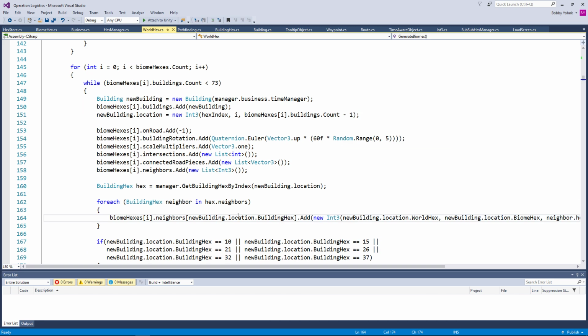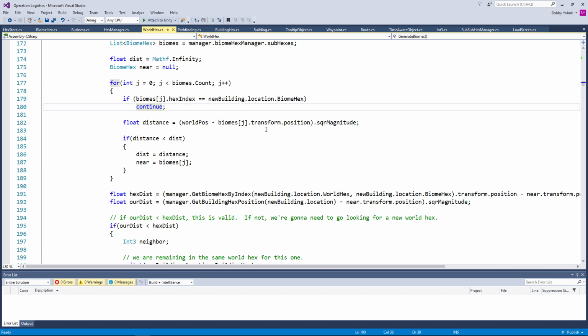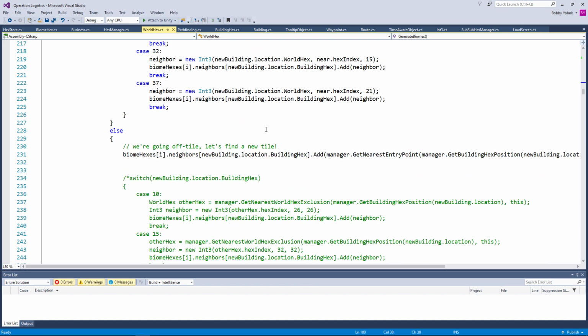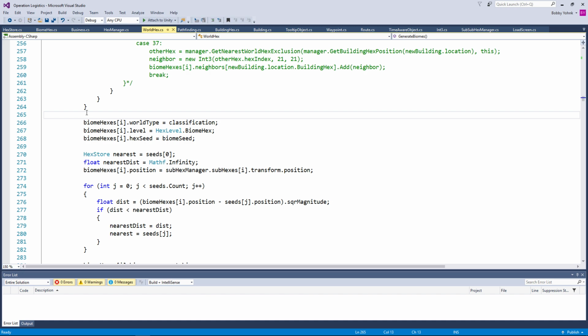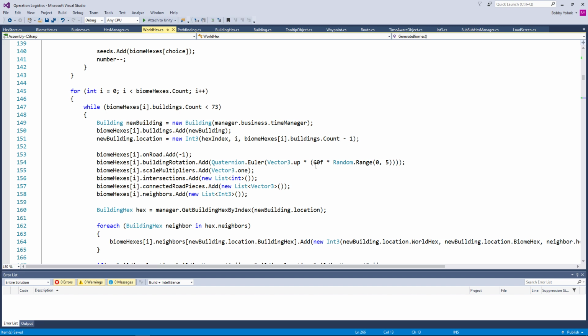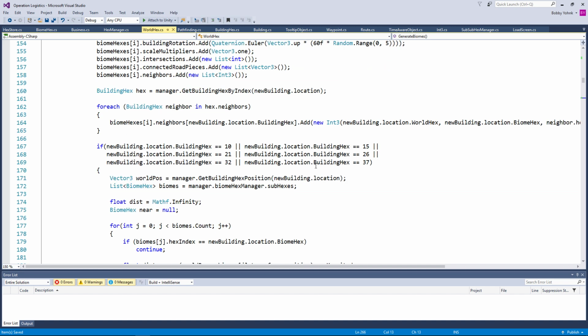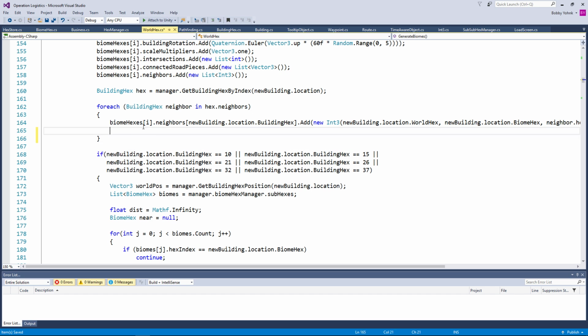I believe so. And then we would toss this, we would do it here, essentially. Or after this, like here, when the neighbors are added. Potentially. When the neighbors are already added, we'd iterate through again. Or just every time we do a neighbors.add, we could do something like biome hexes, or we need an if